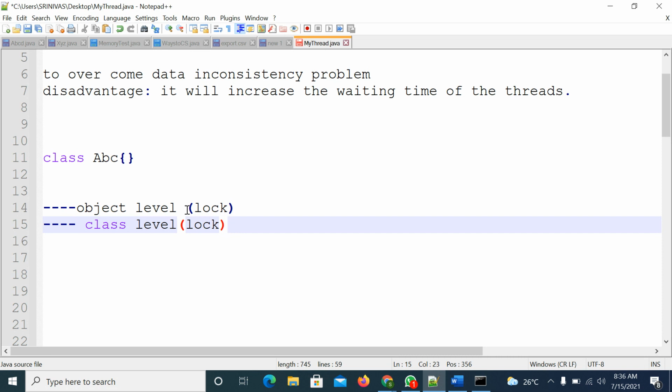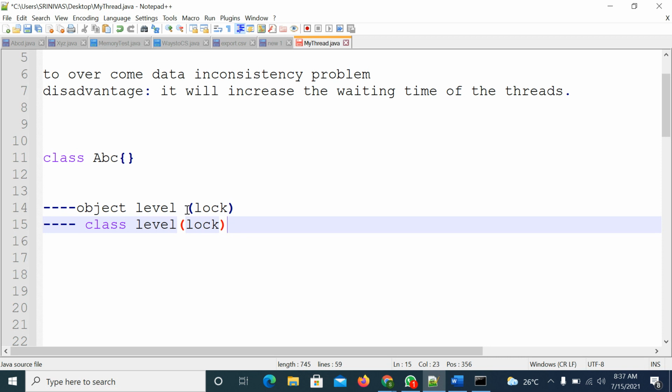Whenever we are using the synchronization concept, we have two locks: one is an object level lock, one is a class level lock. I will explain what the object level lock and class level lock are. If the methods are synchronized methods, that is object level. If the methods are synchronized and static, that is class level, right?